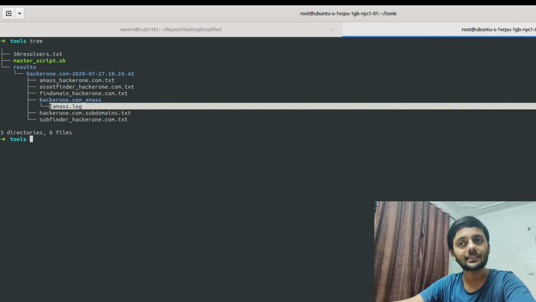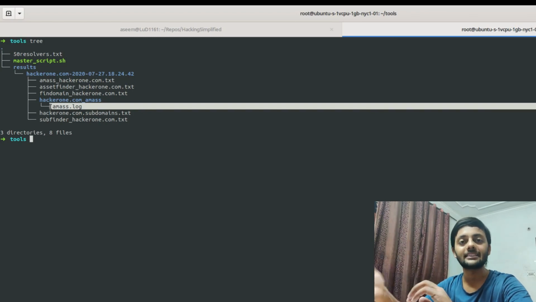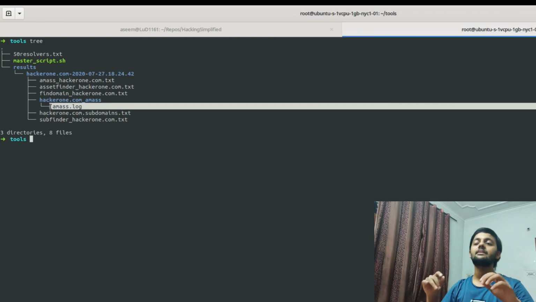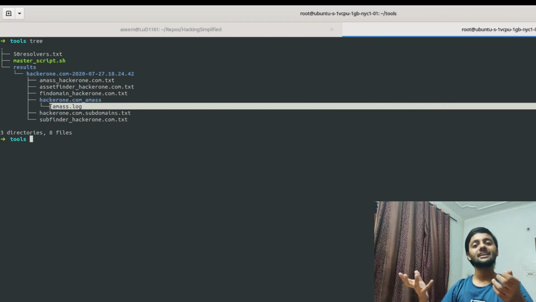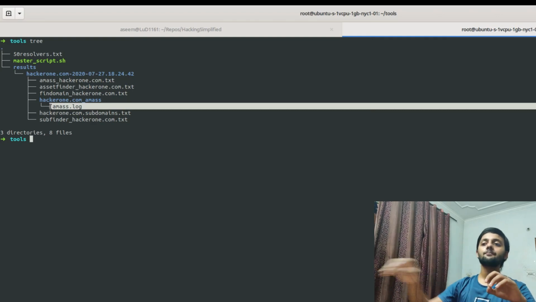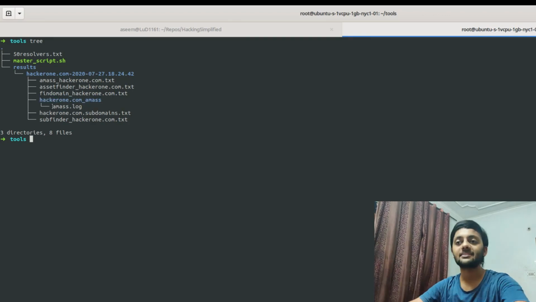Basically, the Amass log as well as the Amass database, so that the next time it runs, you could check whether a particular domain was found previously or whether some new domains have been found. For that, Amass needs to save it in a particular directory. There is no DB file here because I was running Amass as the passive one.